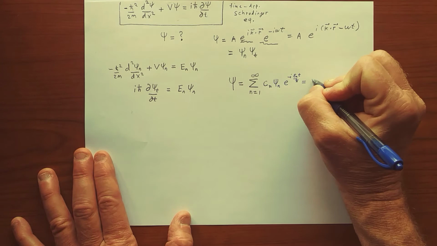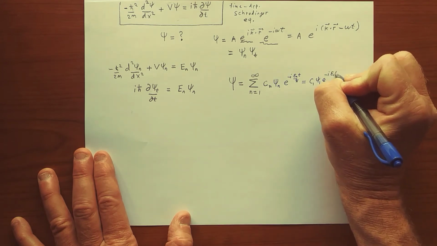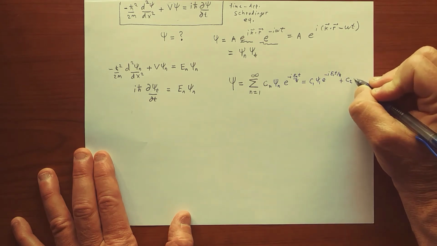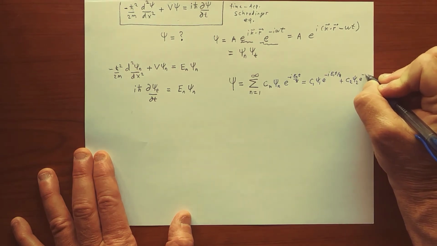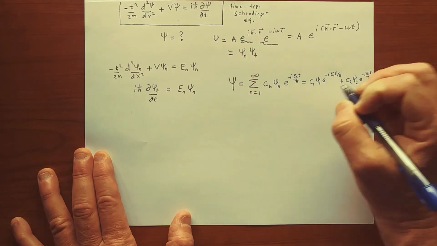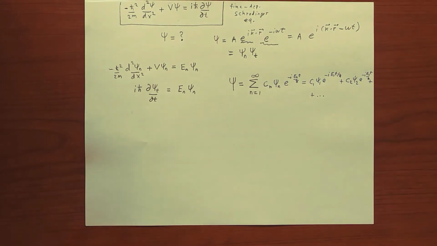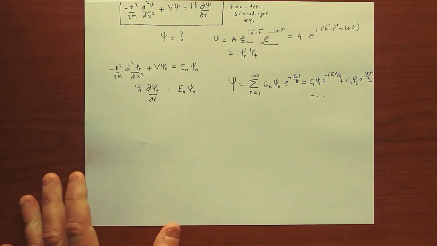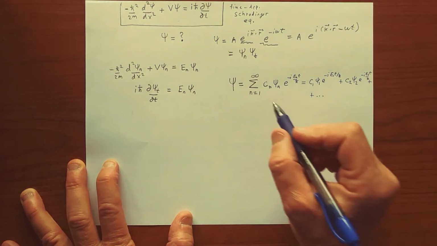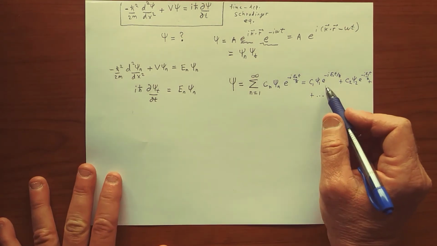Or we can just sort of write this out term by term, plus C2 psi 2 e to the minus i E2 t over h bar, plus dot dot dot and so on. That's a sort of a general solution. I can reconstruct the entire solution by adding these individual terms,